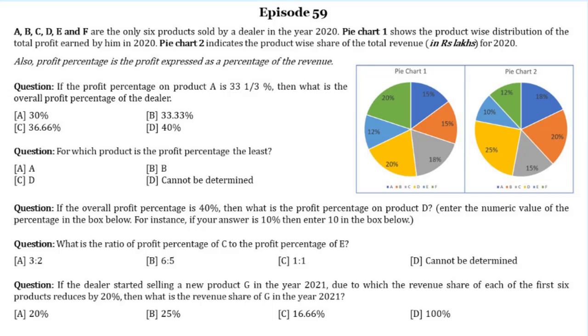This is the LR set that we are going to try in today's episode. This set was discussed in our workshop. In the solution, you will find me solving the set for the first time. Whatever thoughts came to my mind, I spoke them out aloud so that it helps aspirants understand how I